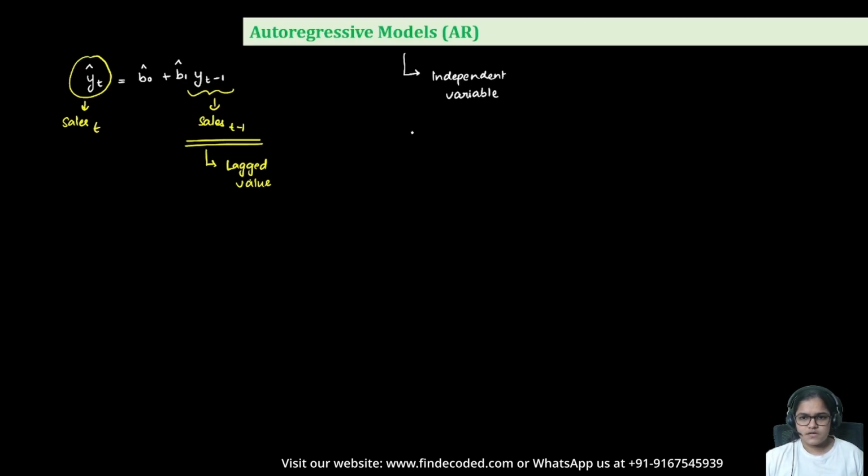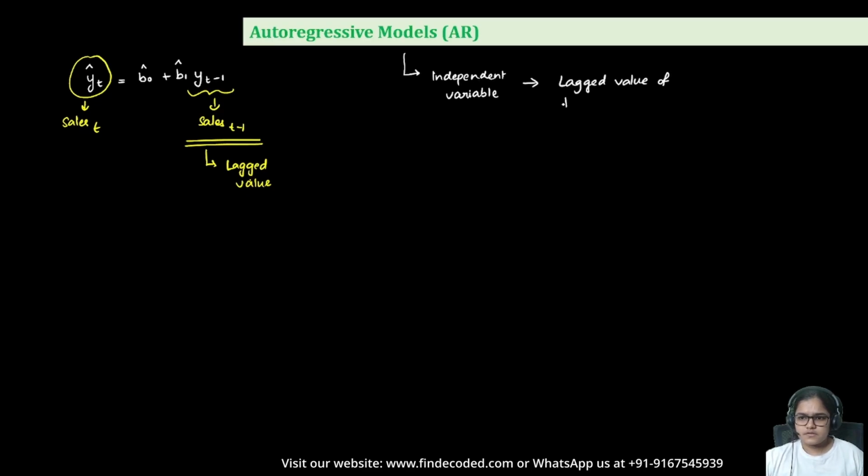Whenever I write a regression equation, I normally use y and x, so x is the independent variable. Here we are saying that in case of autoregressive models, the independent variable is a lagged value